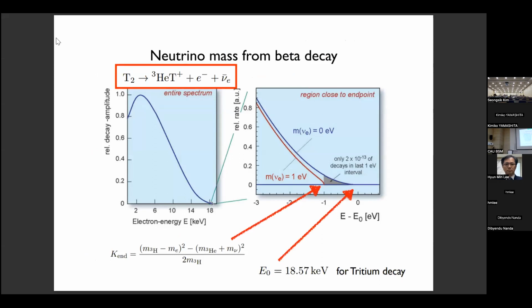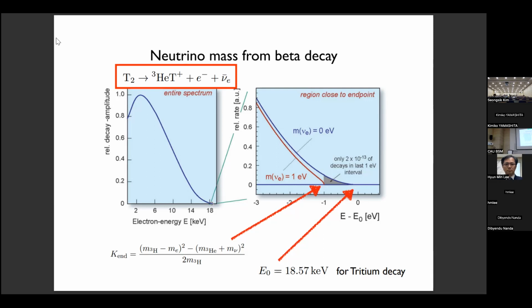So one project to measure this absolute mass of neutrino is using beta decay. So beta decay using tritium decay, and that produces an electron and the antineutrino. Usually in this beta decay, the energy spectrum of the electron is a continuous spectrum because there is an additional neutrino. But this endpoint,